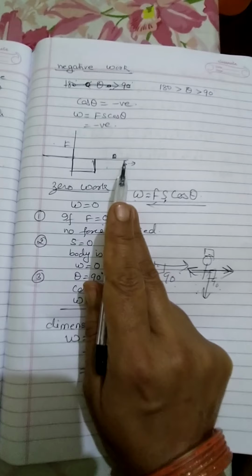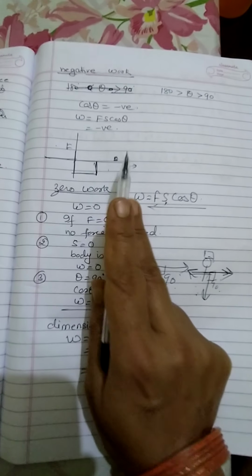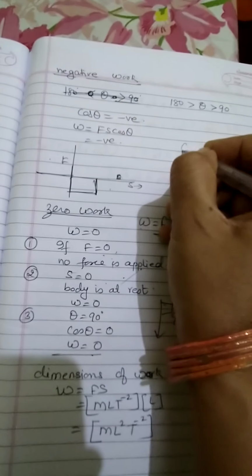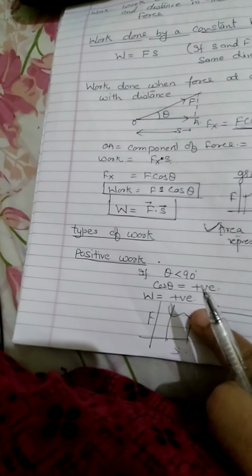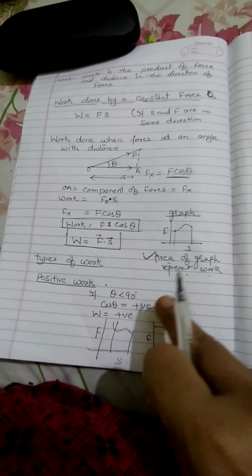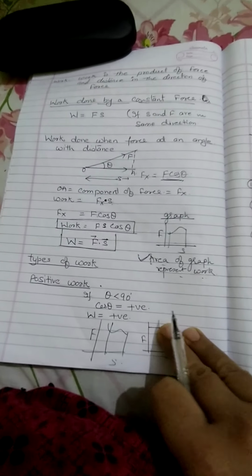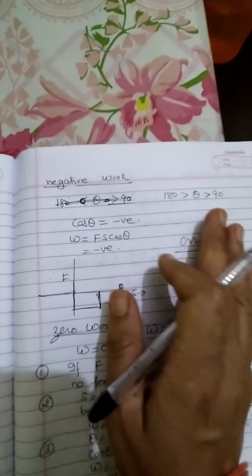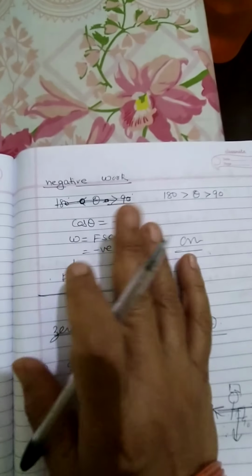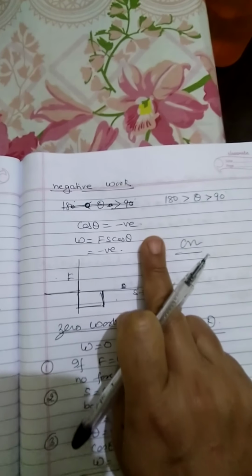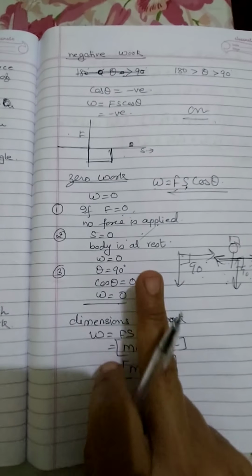And one more term is used for negative work, that is the work done on the system. And positive work is represented as work done by the system. If the person is doing work himself, then it is called positive. If someone else is making him do the work, as in the case of friction, the work done is negative. If someone is forcibly making him do work, that is, work is done on the system, then work done will be negative. And here obviously the work done is 0.